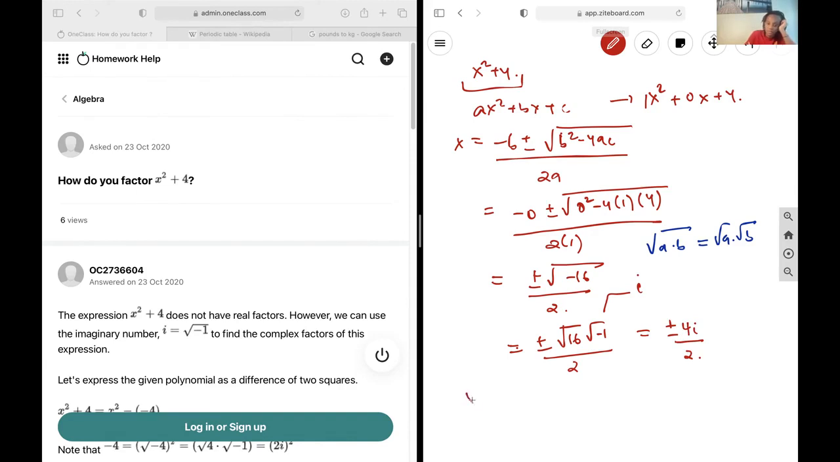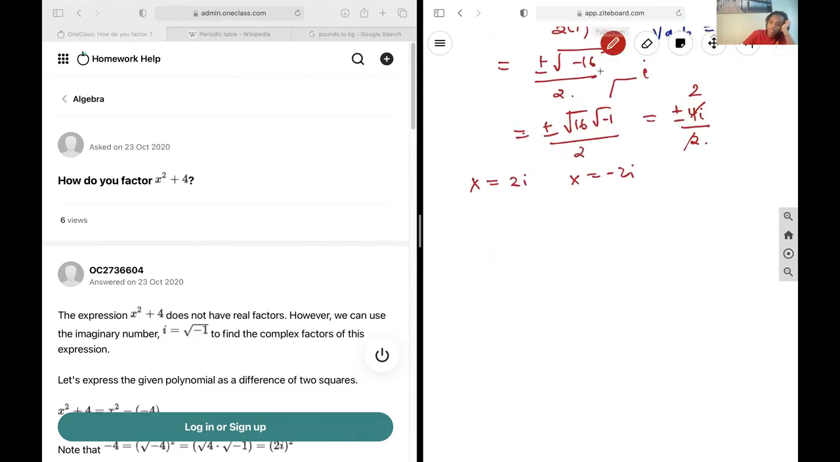And so that gives us the 2 roots of x is equal to positive 2i, because these two cancel to give you 2, or x is equal to negative 2i. And so when you put that in, you get x squared plus 4 is equal to x minus 2i, x plus 2i. If you wanted to expand this out just to double check, you get x squared plus 2xi minus